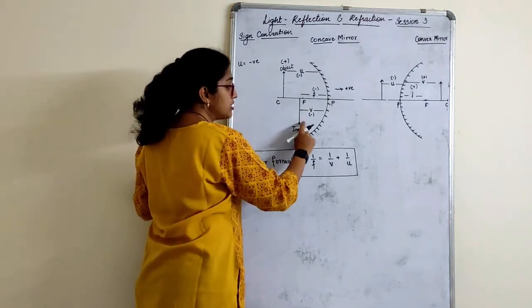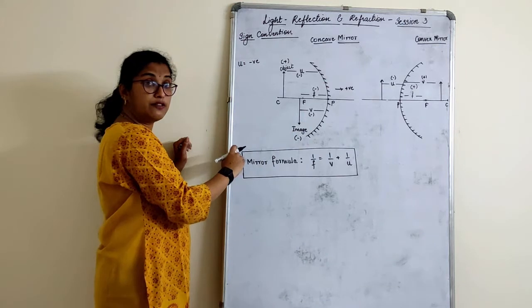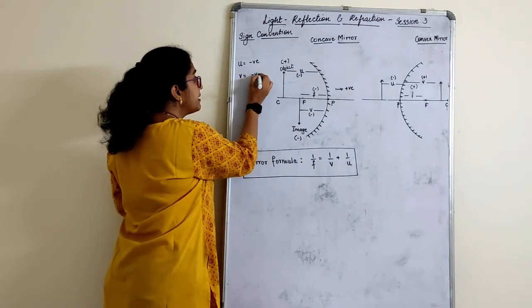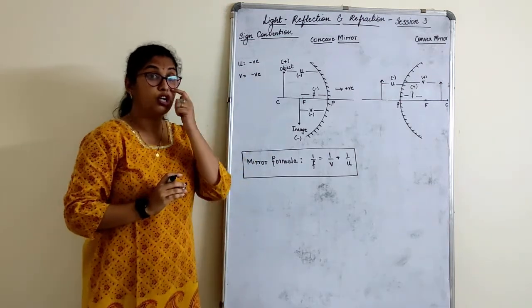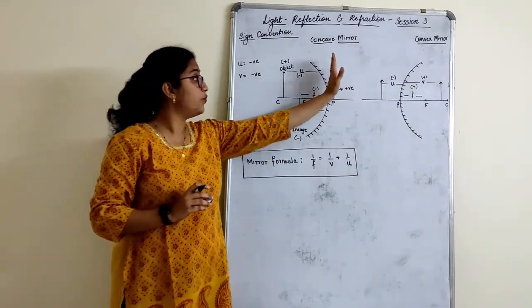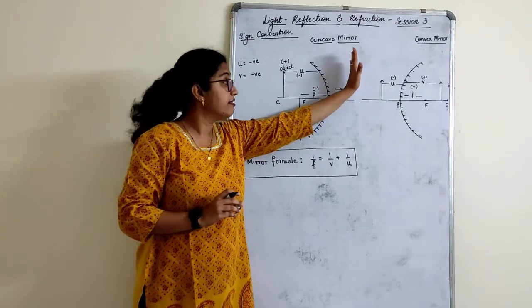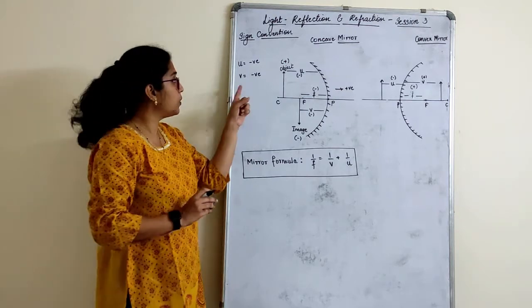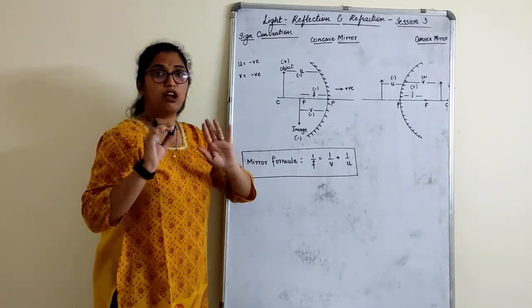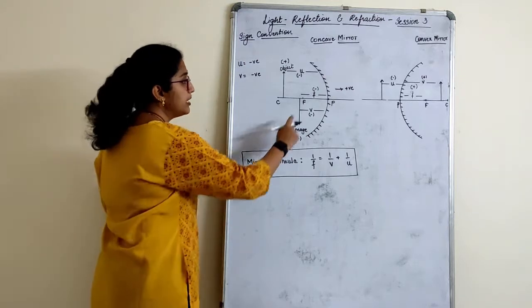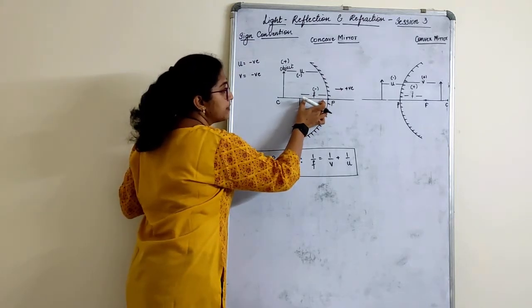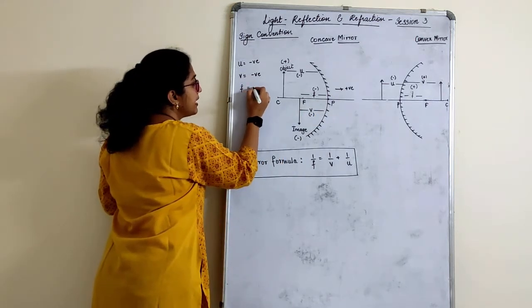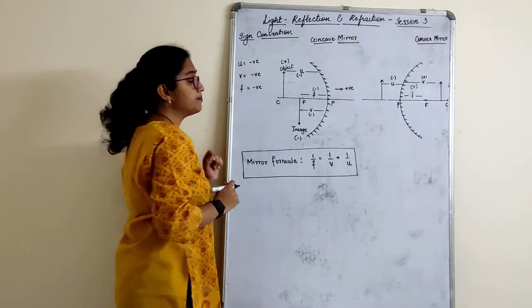What about image distance? The image is also formed on this side of the mirror. That means image distance is also negative. But in concave, we had one image which was virtual and erect. That means that particular image distance will be positive. Understood? Okay. So wherever you get the image, children, on that basis I am talking. Point number 1. What is focal length? This is called the focal length. So focal length is again on this side, so the focal length of a concave mirror is also negative.